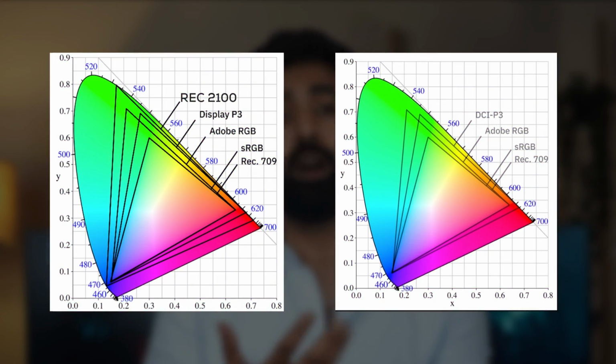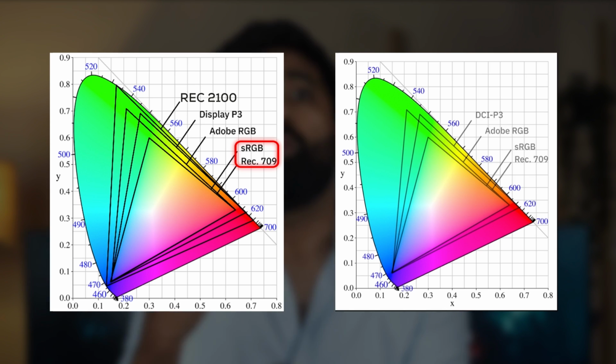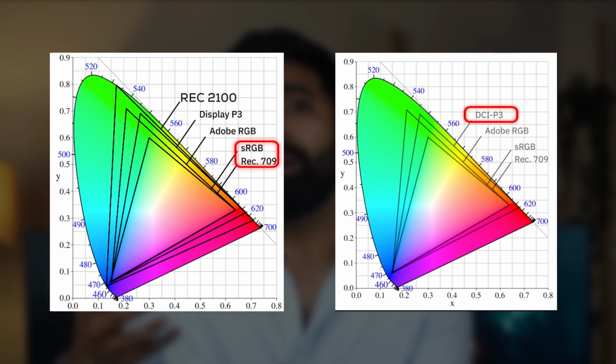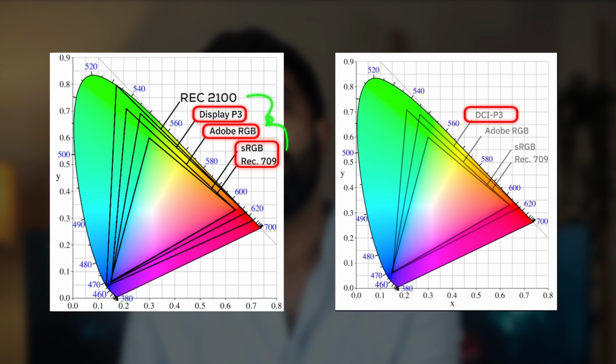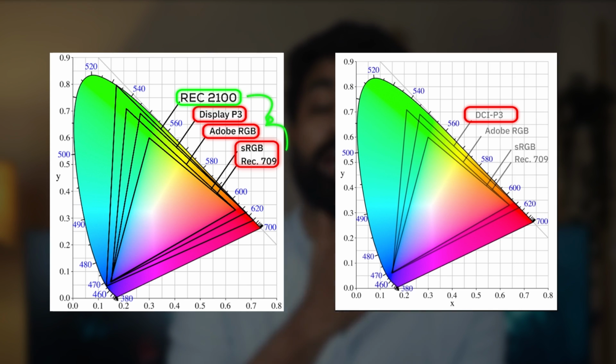And the reason why it gets problematic is that throughout time different orgs came up with their own software versions with their own made up names, each better than the last. And these arbitrary labels in order are sRGB, REC709, worse than DCI-P3 by Digital Cinema Initiative, which is worse than Display P3 by Apple, and Adobe RGB, which are similar, but all of this is under the golden standard REC2100